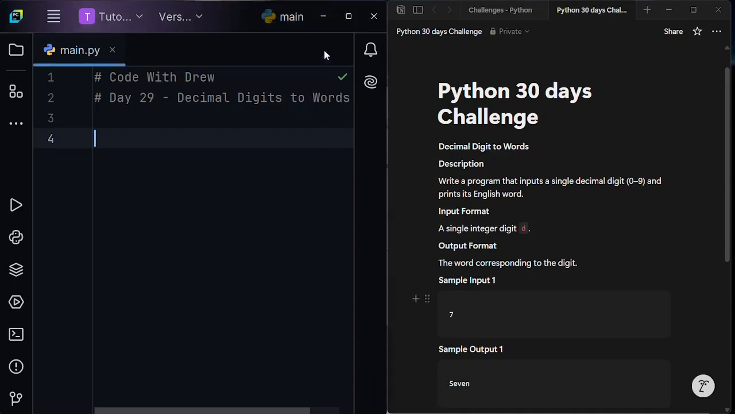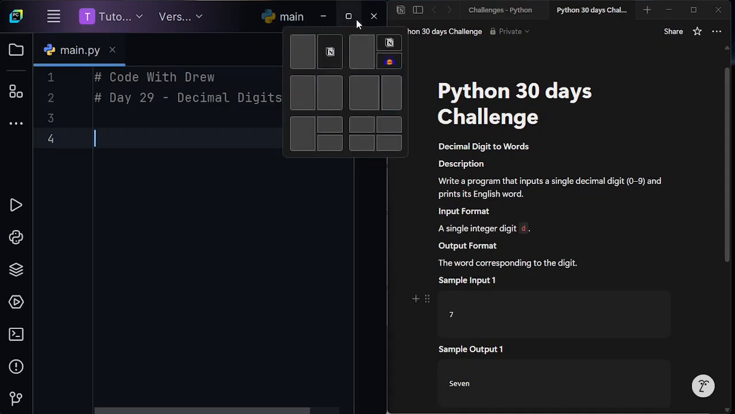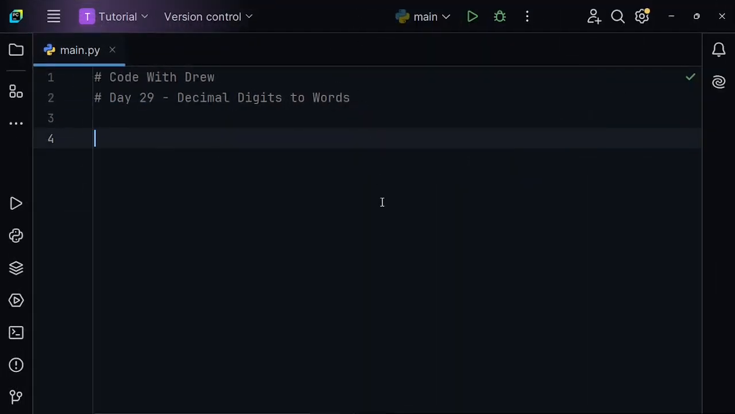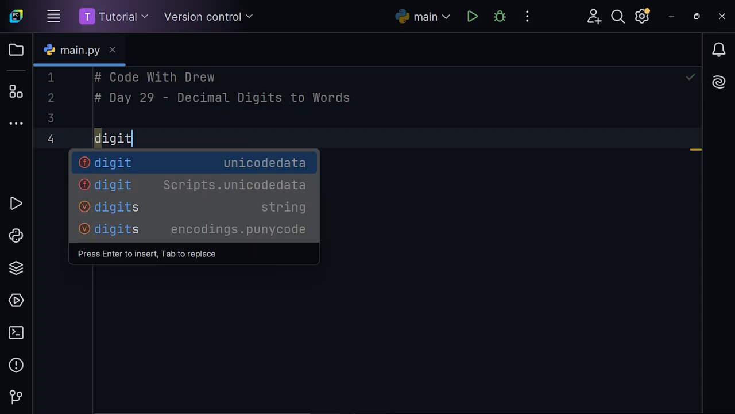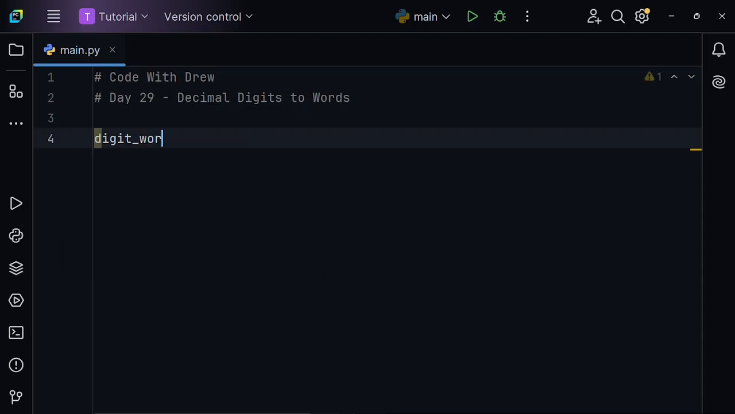Alright, so what's the approach to it? How do you do it? If we have to solve this kind of problem, we have to map the digits to words. Whether we use a list or a dictionary, let me know which one you used when you give it a try. I'm going to use digit_words as a list, and I'm going to start with 0,